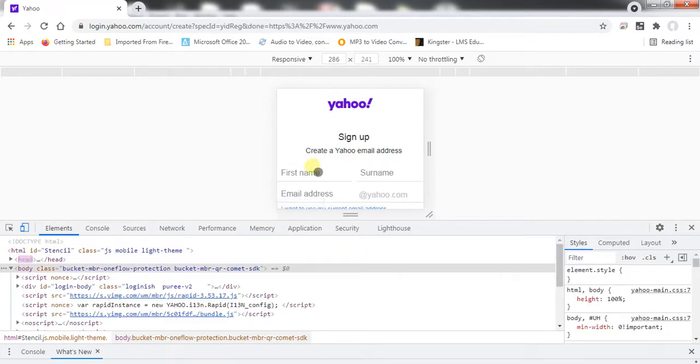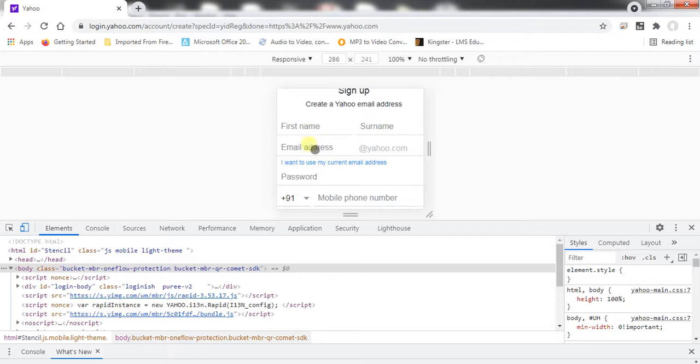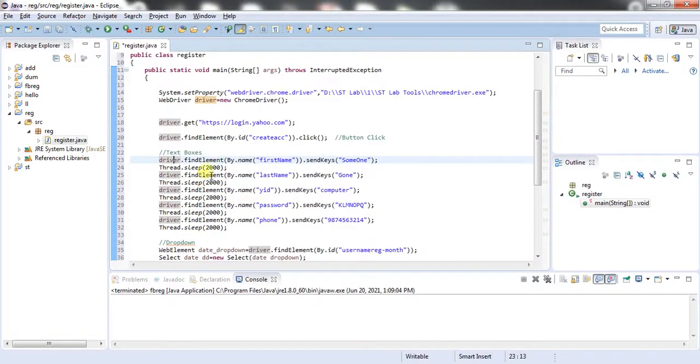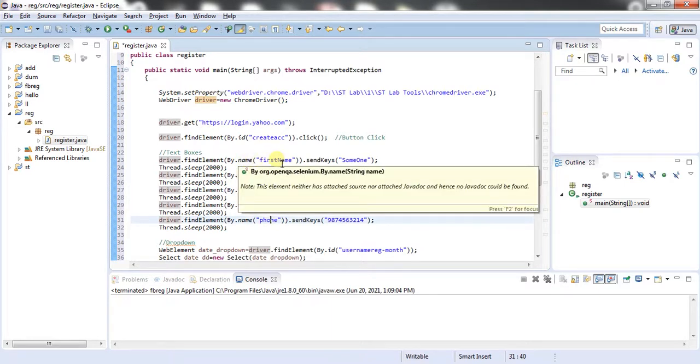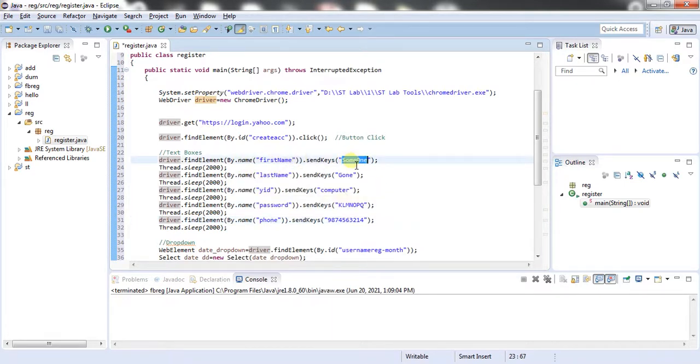After clicking this, we have 5 text boxes, 1, 2, 3, 4 and 5, and I have taken them by their name. Let us pass the first name as computer, anything for testing purposes. For the last name, let me take science.